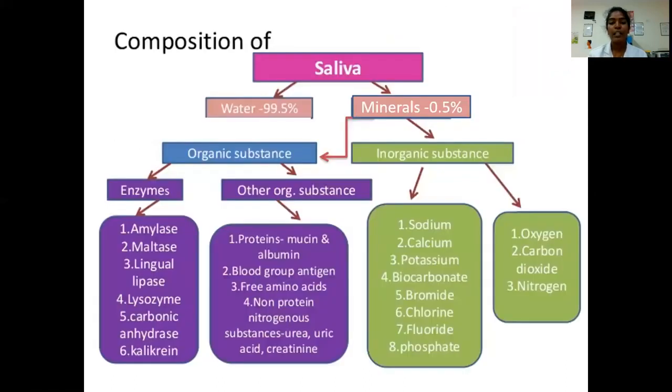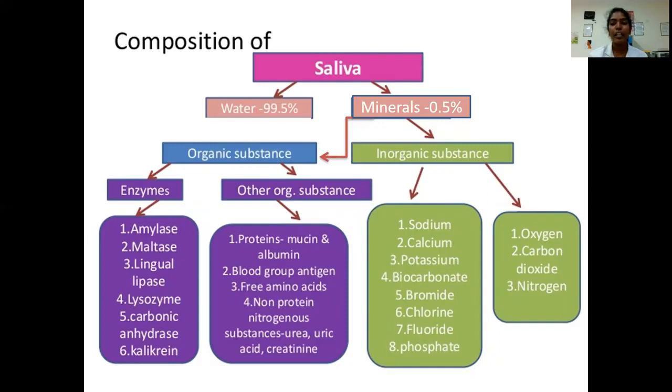Composition of saliva. Saliva has water 99% and minerals 0.5%. In minerals, there are organic substances and inorganic substances. Under organic substances, there are enzymes and other organic substances. Enzymes include amylase, maltase, lingual lipase, lysozyme, carbonic anhydrase, and kallikrein. Other substances include protein, mucin, albumin, blood group antigen, free amino acids, non-protein nitrogenous substances, urea, uric acid, and